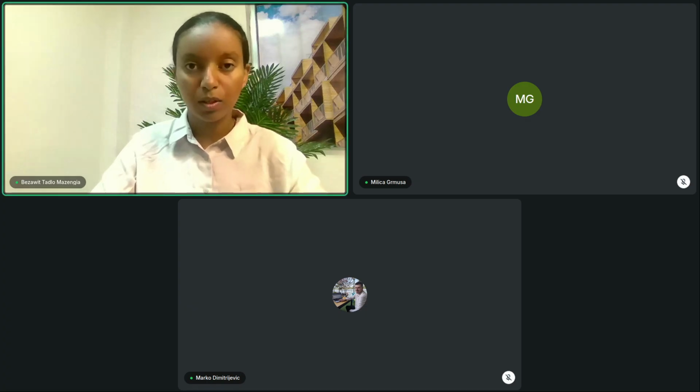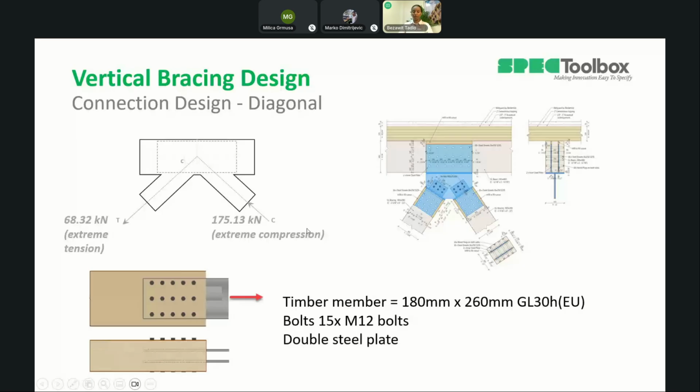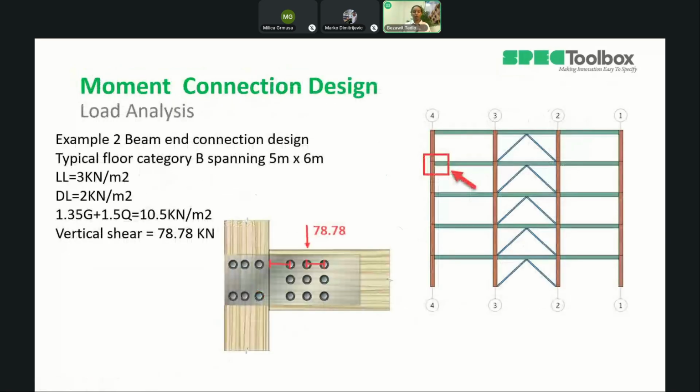Okay, let me go to the PowerPoint. Okay. So this was all about the vertical bracing example. Let's go to a moment connection design. So for this example, we have